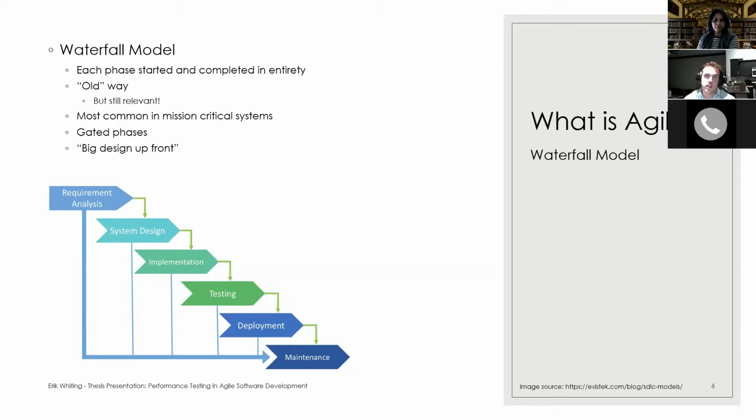And you still see it mostly in mission critical software systems, which is like software that runs life support systems or rockets or jets or something like that. And basically, the waterfall method, we do everything that we're supposed to do in one phase before we move on to the next phase. So an example is before we move on to the testing phase, we code the whole system, we build the whole system. And before we even start building the system, we design the whole system, we design the database schemas, the class diagrams, and all that stuff before we even think about writing code.